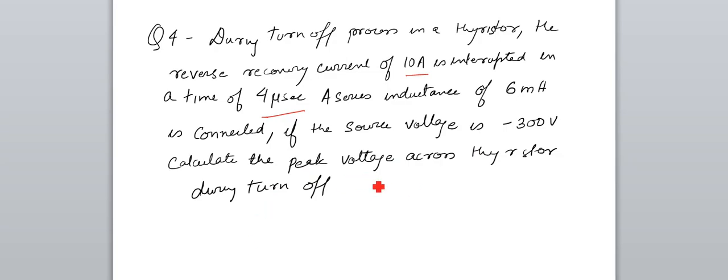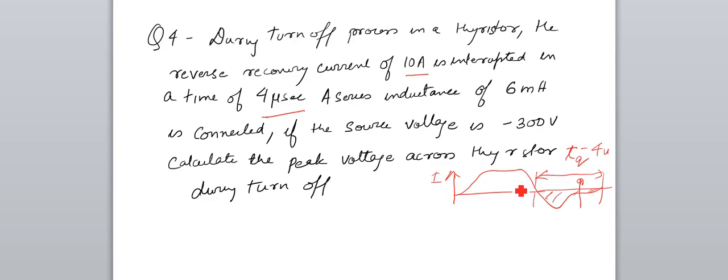So if you remember, I have already discussed the on and off characteristics. So this is the turn on, and then it goes like this, like this. So this is the off characteristic, this is the current, right? So this time is the TQ time. The minimum time required for the current to get negative and then come to zero, to turn off, that minimum time, it says that it is 4 microsecond, right?